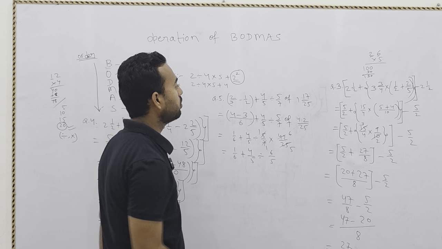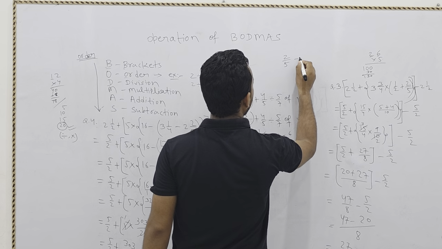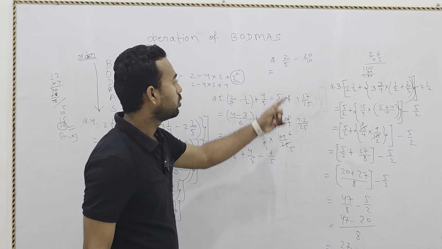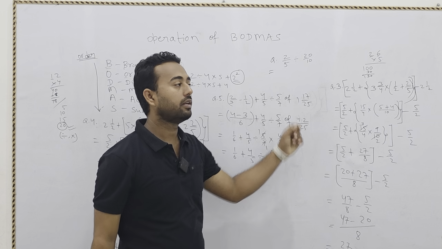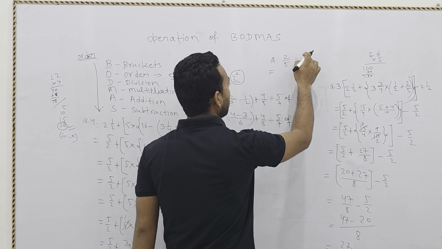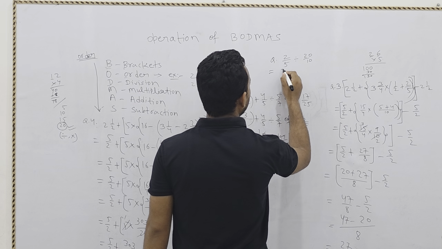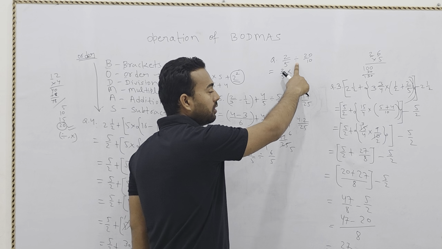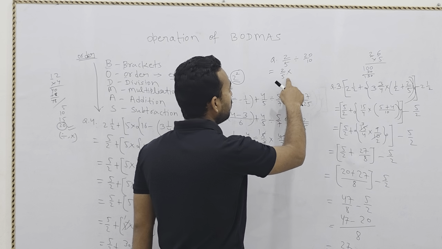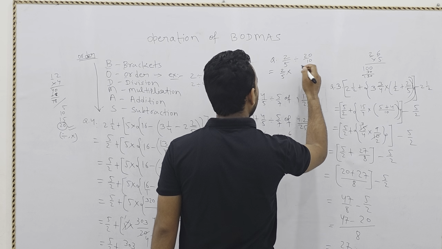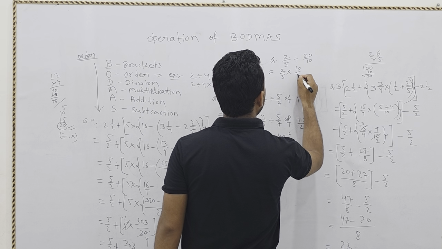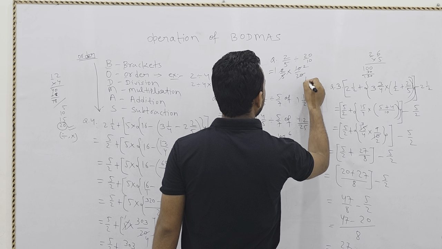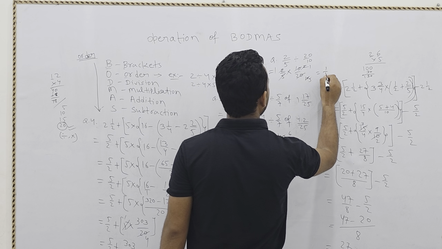One thing here you have to know about 2 by 5 divided by 20 by 10. If there is this type of question, 2 by 5 divided by 20 by 10, in divide we can't cut the upper numerator and denominator. First this divide portion we will convert into multiplication. This divide symbol is converted into multiply. So here one change will be there. This denominator will go in numerator. So 10 by 20. Now we can cut here simply 2 times 2 1 ja, here 10, then again 2 times 5 we will get 1 by 5.